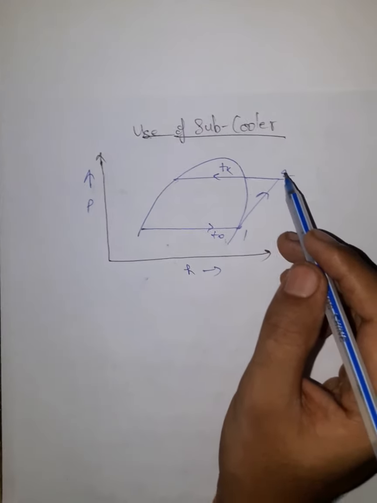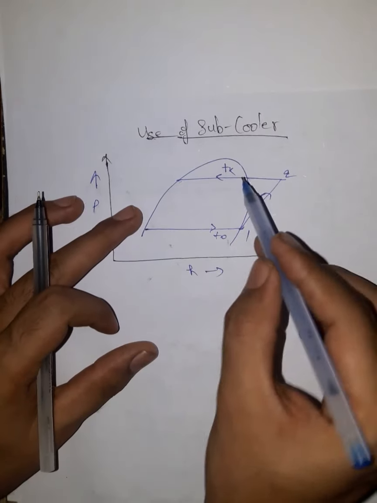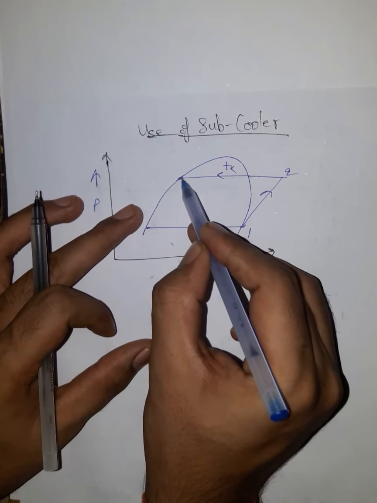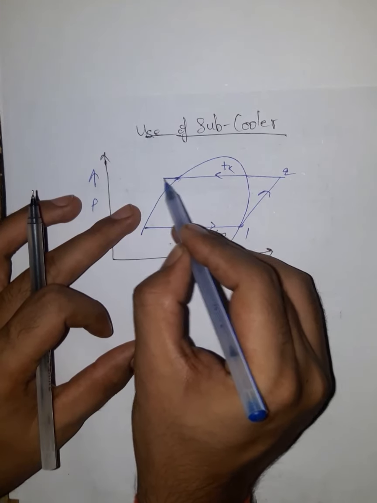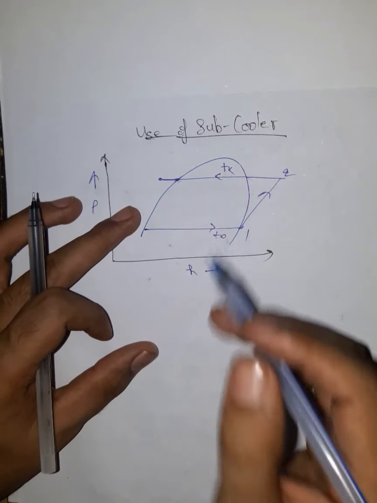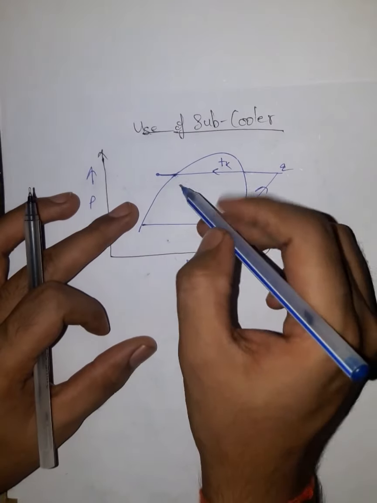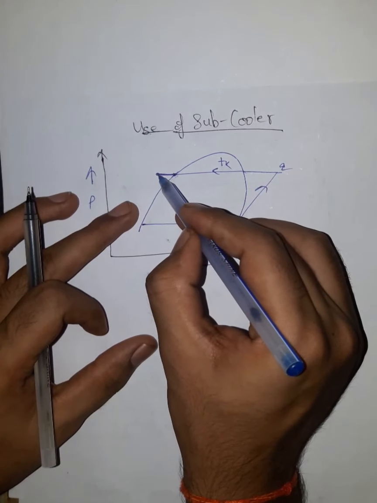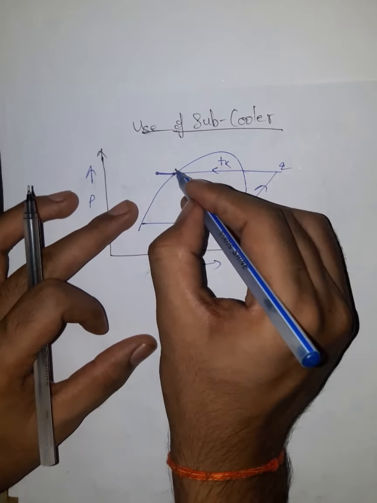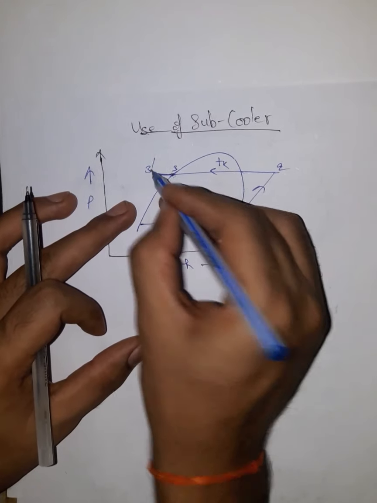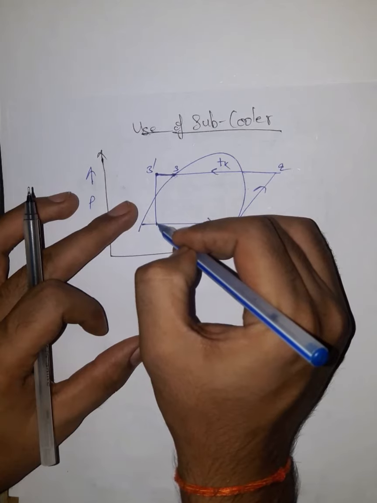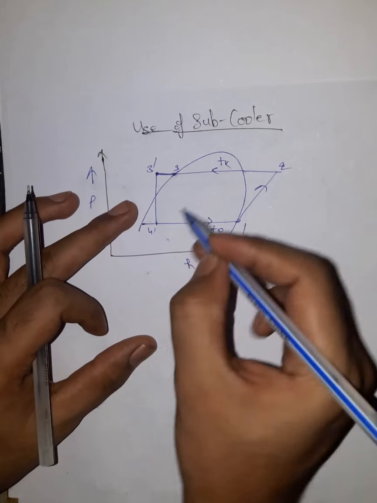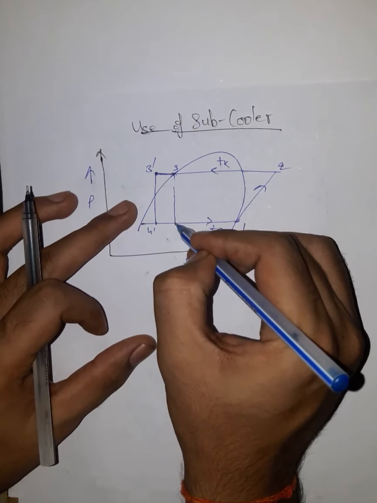Now we know that from process 2 to 3 the heat rejection takes place in the condenser. So now what we do in subcooling, we actually cool the liquid below this saturation line by some degrees. That can be around 5 degrees Celsius. That much is sufficient. Let us say we cool it to this point. This was the initial case, and we subcool it to 3 dash, and later we do its throttling and we reach here 5 dash, and this was the original 4.